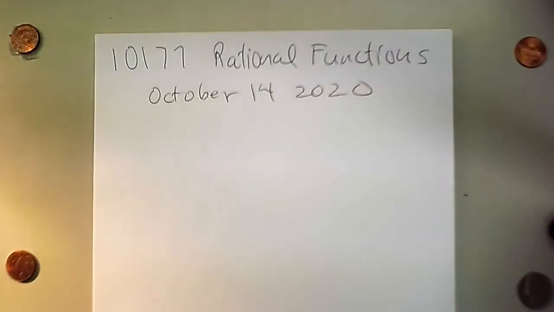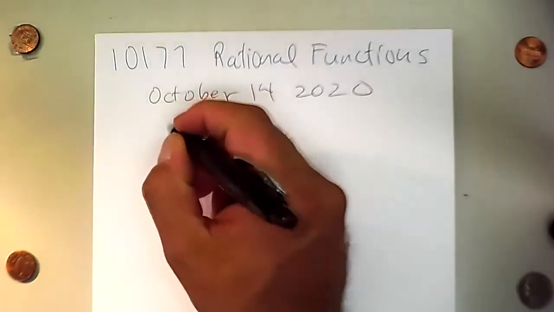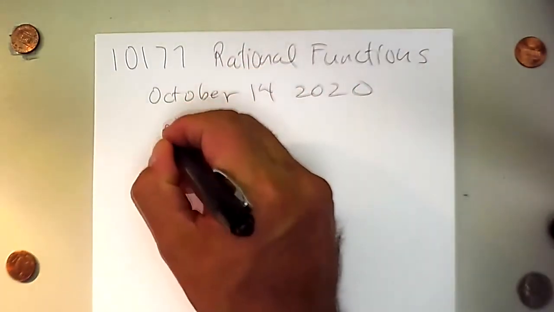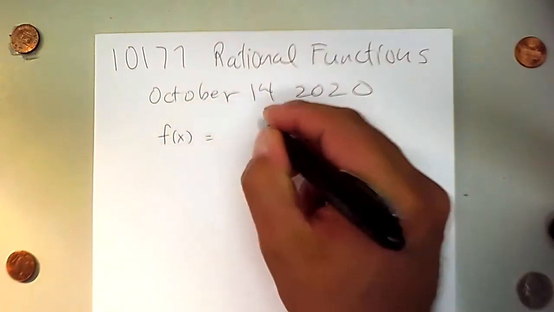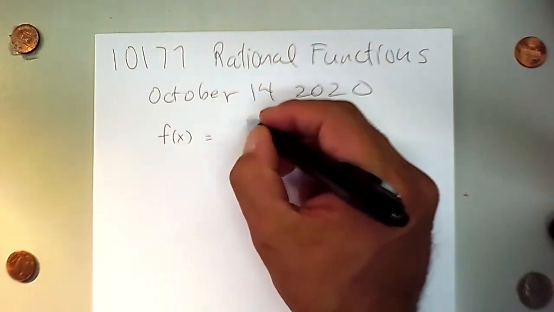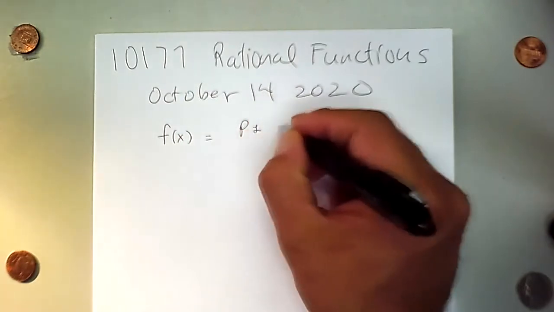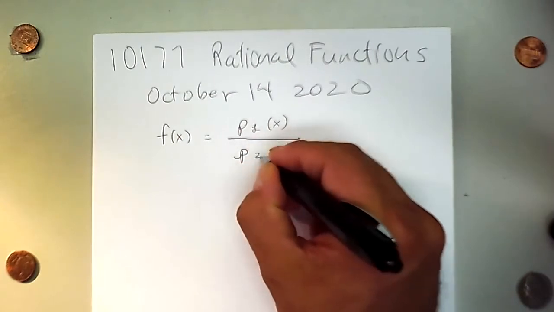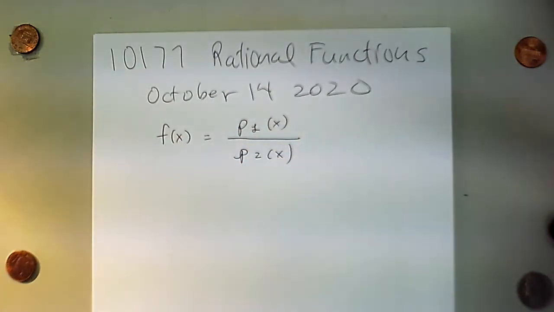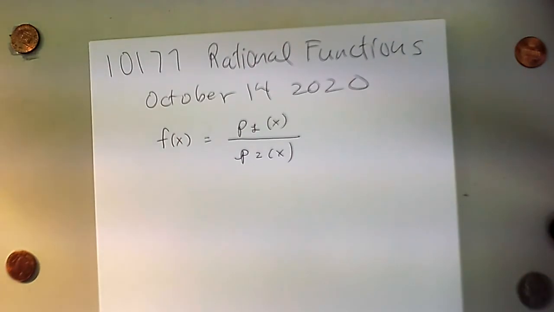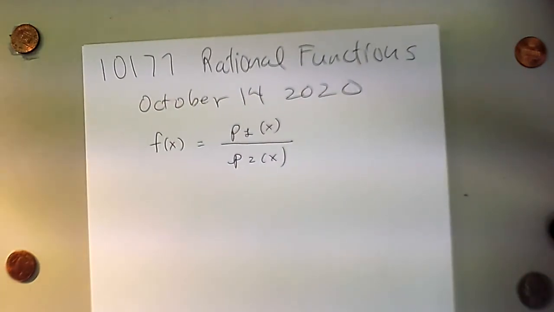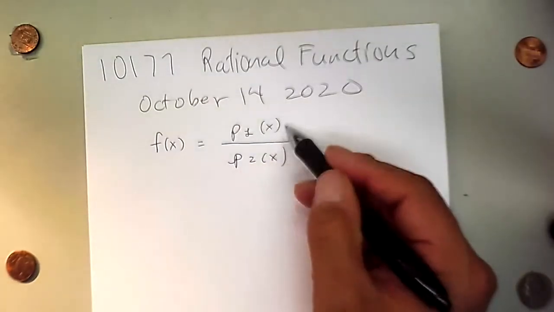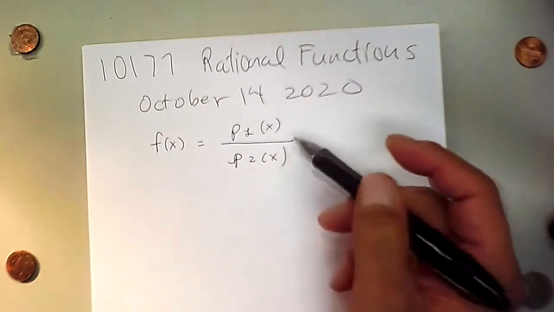Okay, we're gonna do rational functions. Rational functions are functions that can be written as a polynomial, let's call it polynomial 1 of x, over another polynomial, let's say polynomial 2 of x. So those are rational functions. We had a video before about polynomials, so now we are doing polynomials divided by polynomials, and that's what a